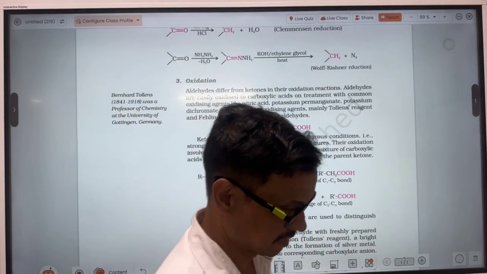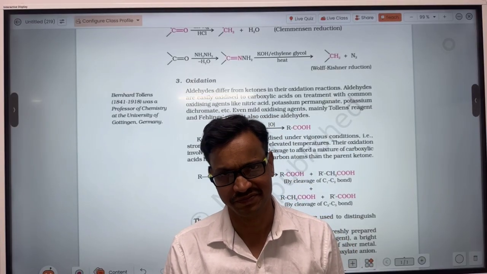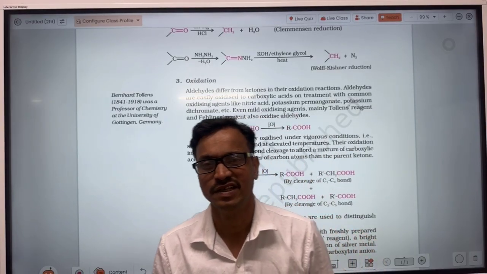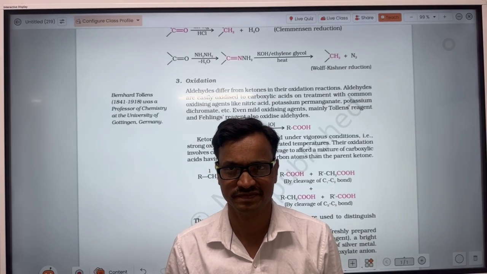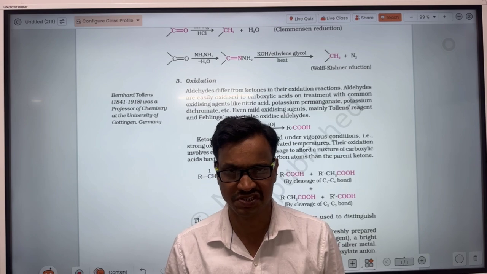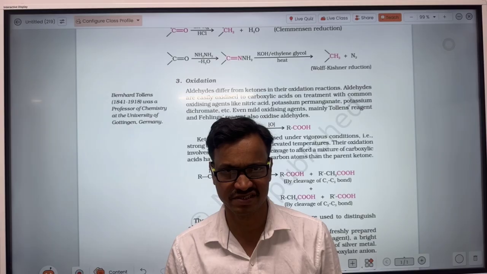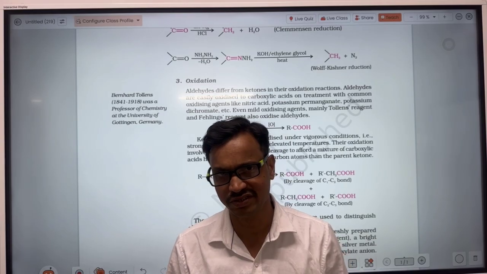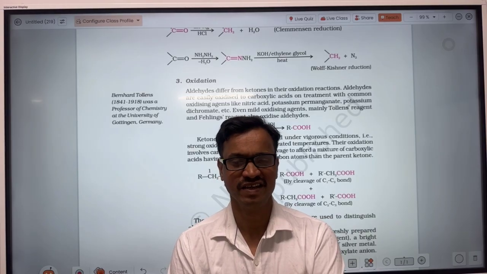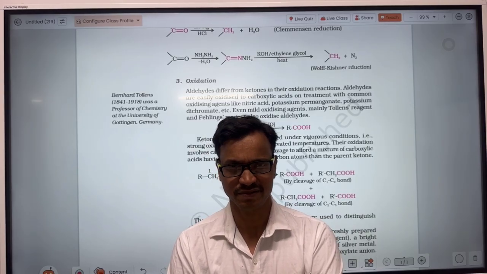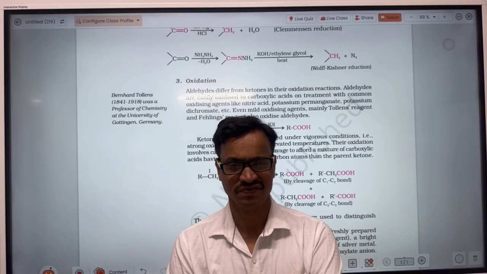Oxidation here, what is that? In oxidation, as you know, aldehyde is more reactive than ketone. So oxidation here can be used to distinguish the aldehyde from ketone. The oxidation of aldehyde or ketone can be used to tell whether the compound is an aldehyde or a ketone. As aldehyde is more reactive than ketone, aldehyde will react with a mild oxidizing agent, but the ketone